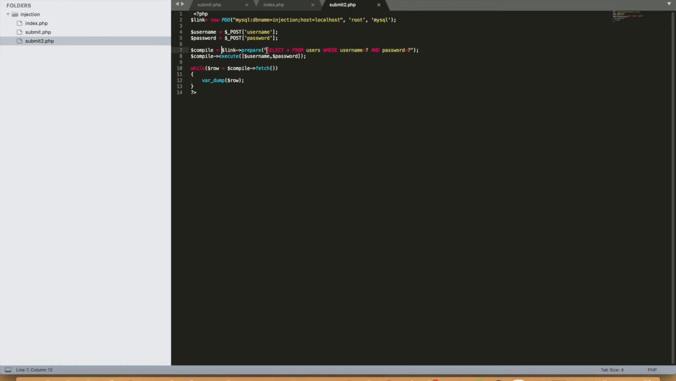I've created a prepared statement without passing the value, just using the question mark. Select all from users where username equals question mark and password equals question mark, and I'm using this link in order to call the function prepare, because prepare is a method of this PDO class. So I'm using this object in order to call the function, and I've returned the result of this function to a variable called compile, and I'm using that compile to execute this query by passing the username and